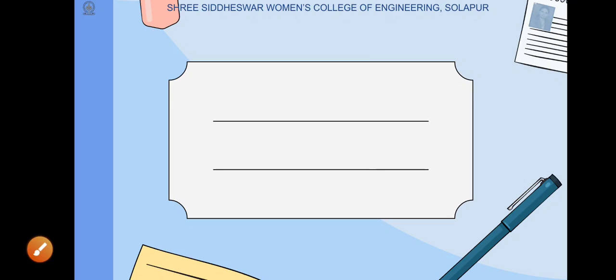Hello students, right now we are dealing with unit number 2, that is inverse Laplace transform. This unit is totally based on unit number 1, Laplace transform. From this unit we have seen two methods to find the inverse Laplace transform of the given function of s. Now the most important method, or we can say one of the most important methods to find the inverse Laplace transform, we are going to study in this lecture.